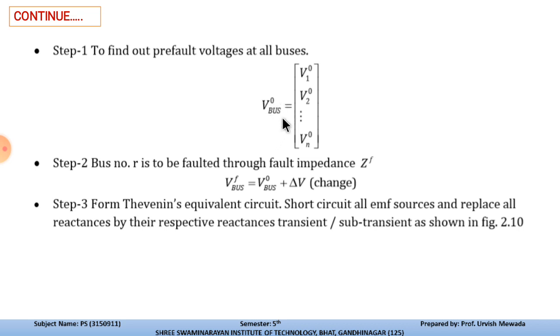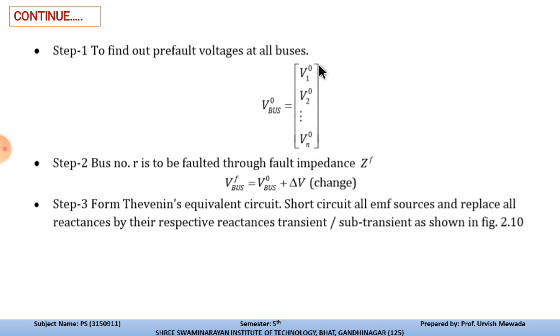So here we can use a matrix for the different buses. We have the nth number of buses, that's why the voltages of all the buses are listed, say for generator number 1, and V0 indicates the bus voltage itself and the generator which is connected with each and every bus. So here we consider V10, then V20, and up to the nth voltage, that is Vn raised to 0.